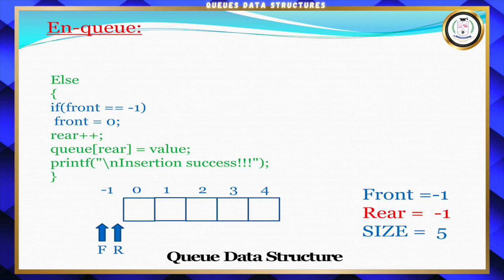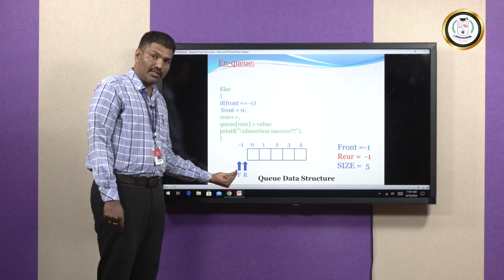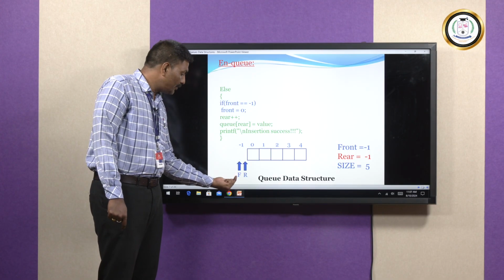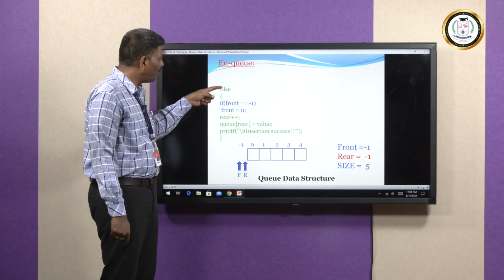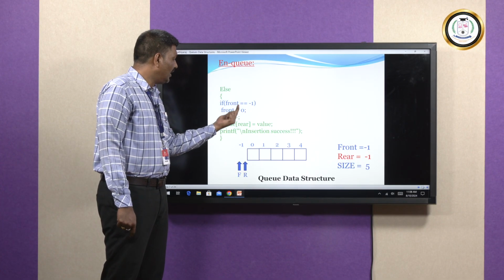So, we need to use the rear to insert the value, but for an initial queue we need to check whether front equals -1 or not. That means initially front and rear are equal to -1. Once we insert the first element, we need to push the front into the 0 position. That's why before inserting, we have the condition front equals -1, then we change